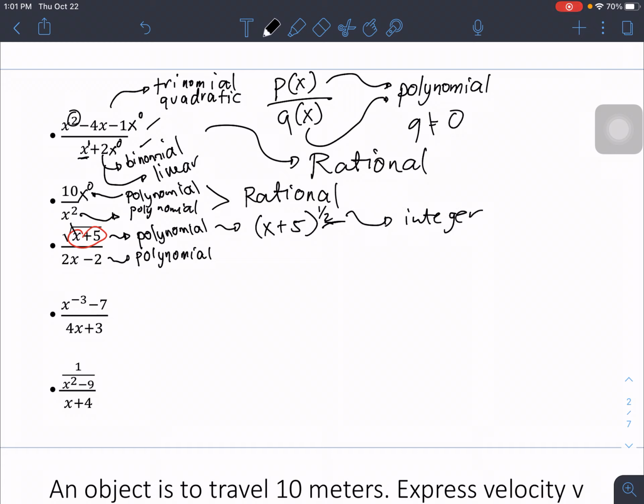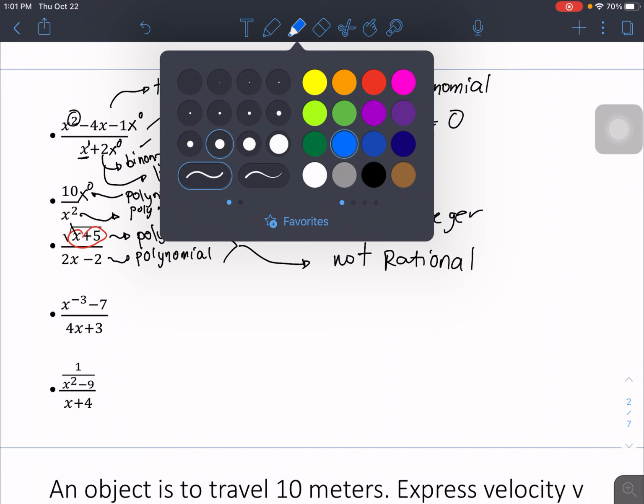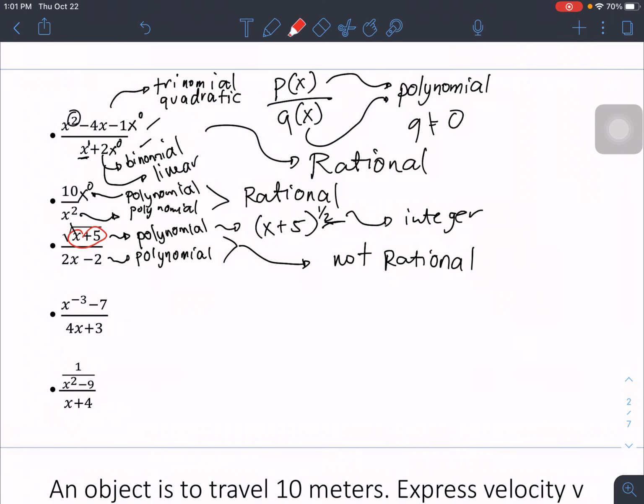So it is in a fractional form. So it means that this overall function is not a rational function. Okay, hope that is clear. So this is not a rational function, so I will need to highlight this one. Okay, so next one,